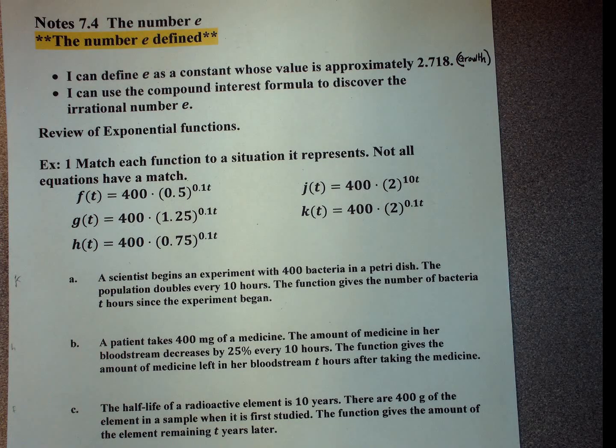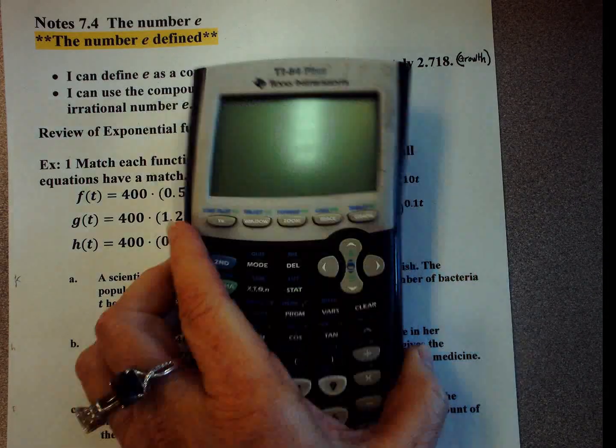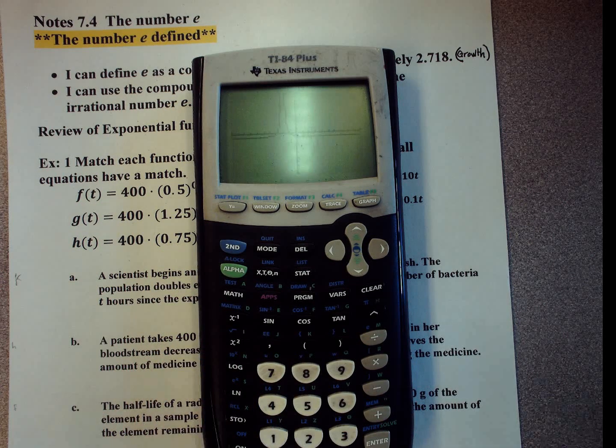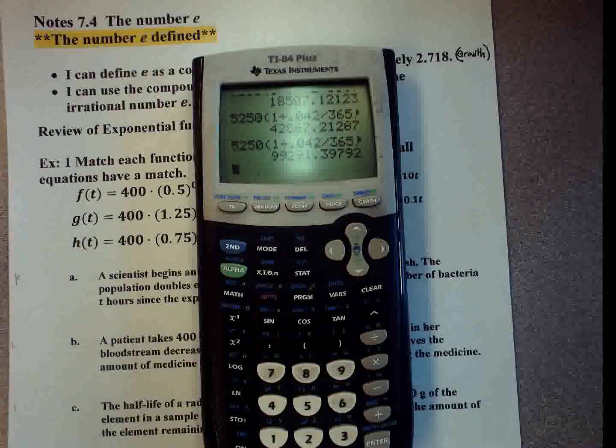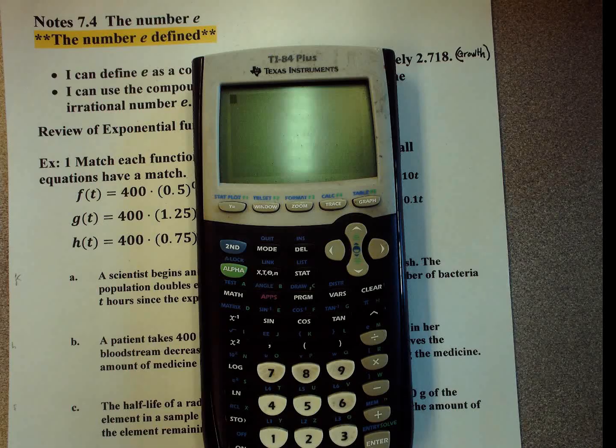Okay, so we're going to talk about this is a base E. E represents a number. It represents approximately 2.718. Although it is an irrational number like pi, if you were to look at what E actually equals,